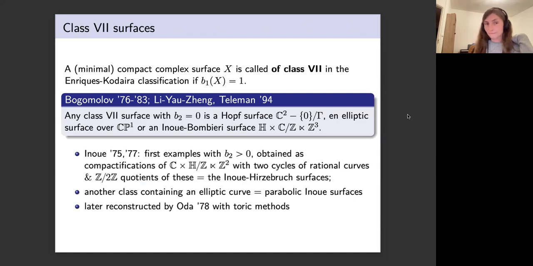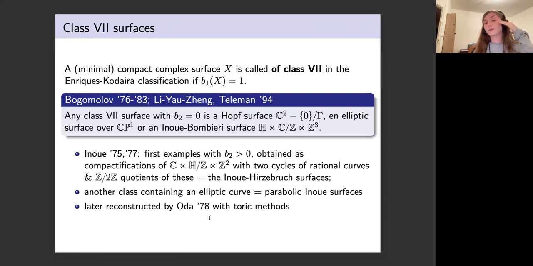But then the first examples with positive second Betti number appeared quite late. They were constructed by Inoue in the 70s. The first ones that he constructed were obtained as compactifications of, again, some quotient of C times H by a group coming from a chosen number field, with 2 cycles of rational curves. So he gave a rather complicated